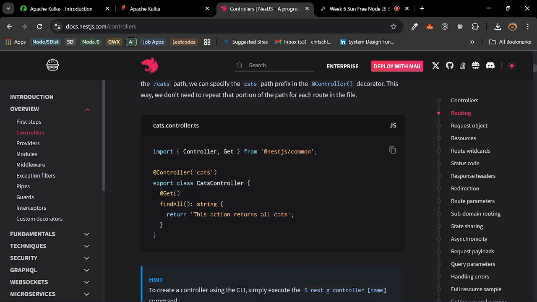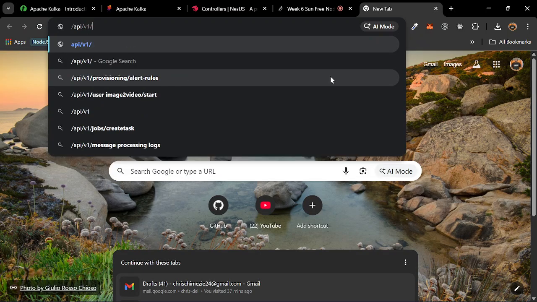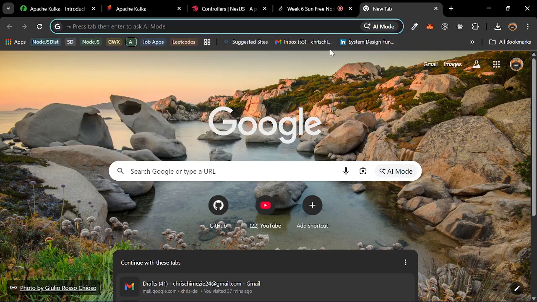So this is our controller. Then we use this decorator here, the Controller decorator, to indicate to NestJS that this class is a controller class. Then you give it a name. What this means is that this cats here is the API route. In our example, when you do something like that, you are going to do cards this way, right? So basically that is it.